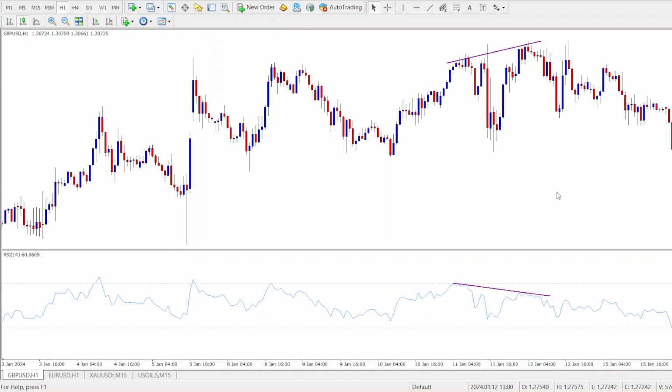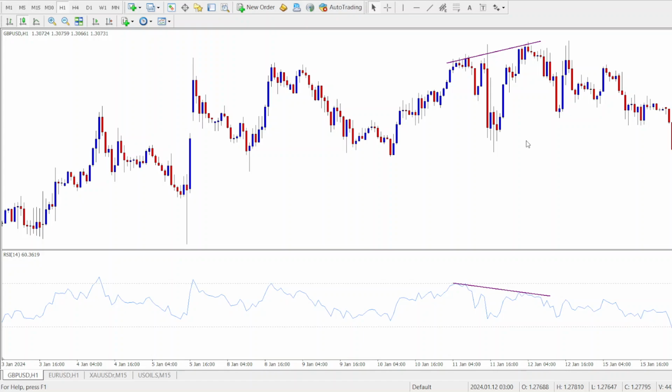Okay, so this signals potential weakness in the trend, suggesting a possible reversal. Now, this is a bearish divergence, so it suggests a possible bearish move. Okay, so although this seems to be a bullish structure, this divergence signals that this bullish move is coming to an end. Now, as for hidden divergence,